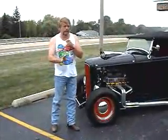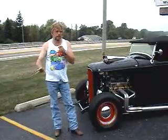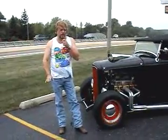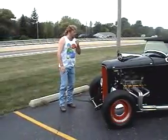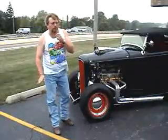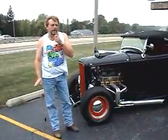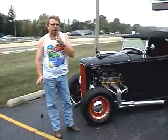I will tell you also, this has got a 32 VIN on it, and the car is titled as a 32 Ford. It is a fiberglass body, but that's the way the car has been titled. So it's 32 Ford and 32 Ford title on it. Also, the motor that's in this is a 400. It's 30 over. It's got two 650 Holleys on it with a medium T-ram intake, tunnel ram,